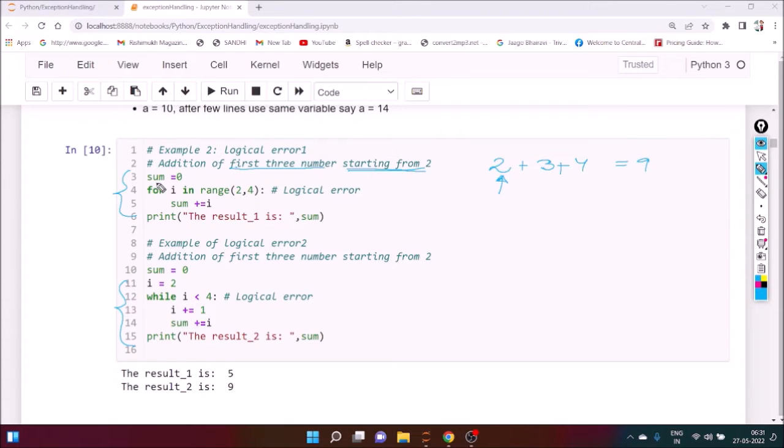Here you just see this one: sum is equal to 0, for i in range 2 comma 4, sum plus i, and the result is sum. Sum is equal to 0 means initially the value of sum is 0. Then i is in 2, 3 and 4. So sum is equal to sum plus i. Actually for 2 to 4, what will be the output? If you execute it,